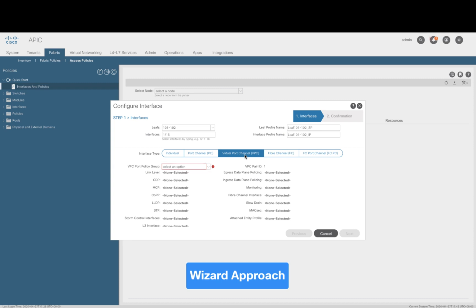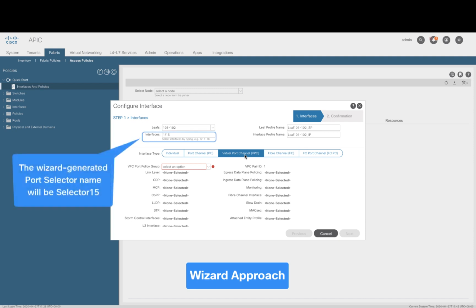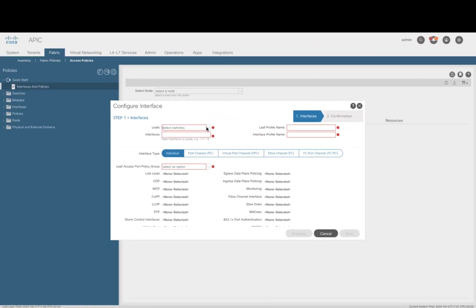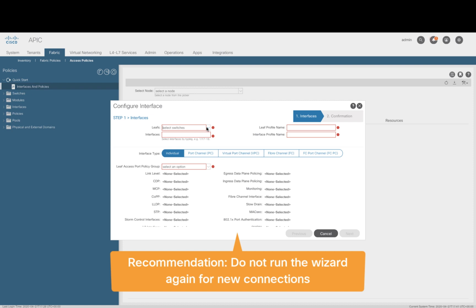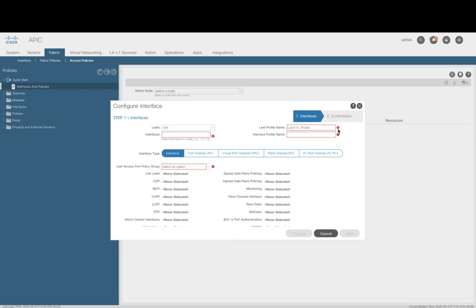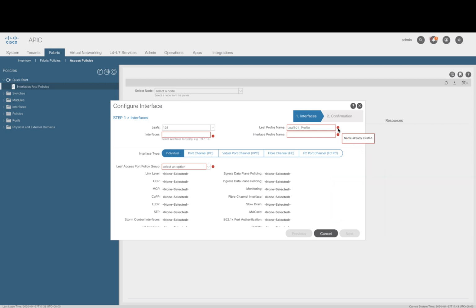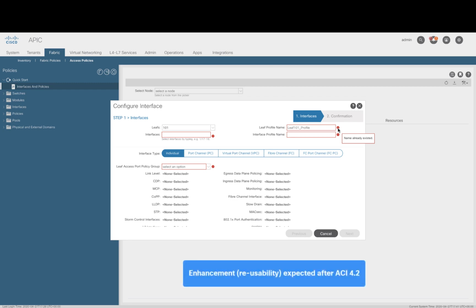Remember that if you use the wizard, the port selector name is automatically created using the selector word as prefix and then the interface number. For subsequent connections on that switch or VPC pair, just create port selectors and policy groups using the step-by-step approach and simply add them to the wizard-generated interface profile. Otherwise, the wizard will complain since as of ACI 4.2, we cannot load existing switch nor interface profiles to it for new port and policy group configurations, forcing you to create new switch and interface profiles every time, which is